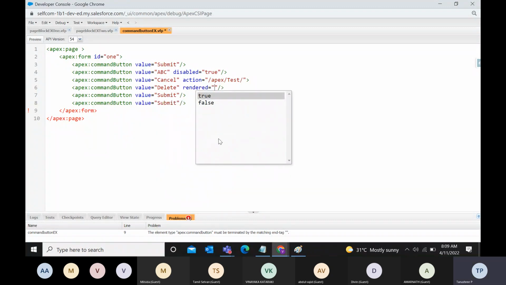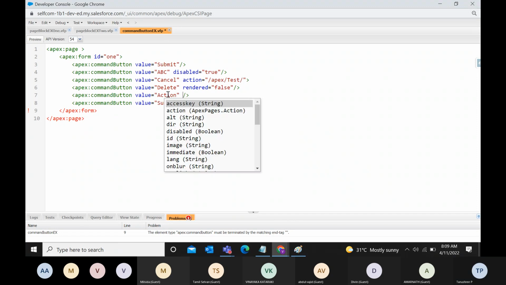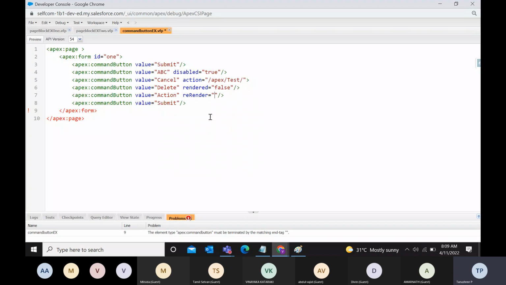Rerender equal to false. What will happen without it? Action. Rerender, first one. One more also I'll give. Rerender equal to some object name, some name, and